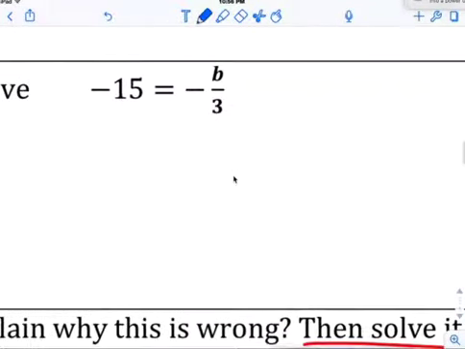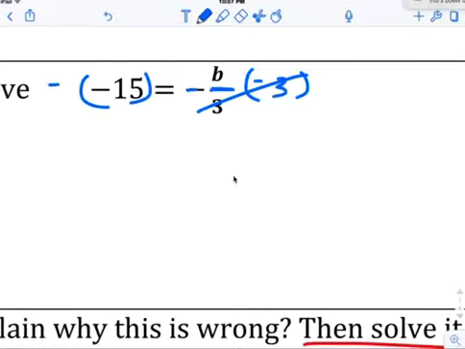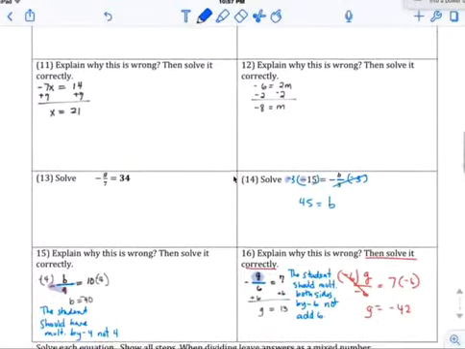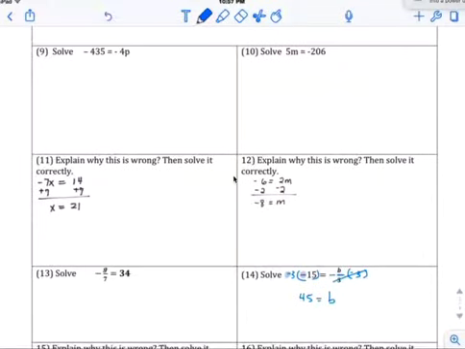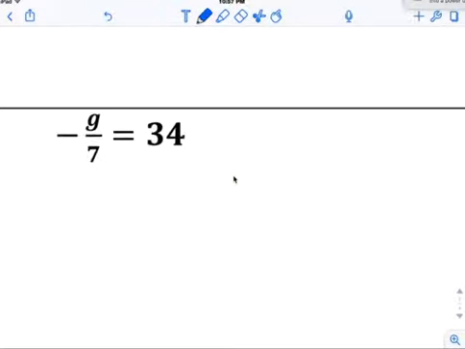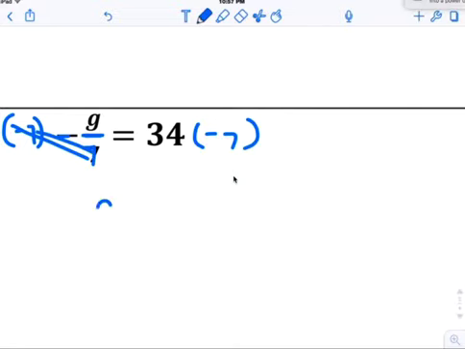Okay, solve that. That's divide by negative 3. So you need to times a negative 3. Times a negative 3. Which gives you a positive. A negative and a negative is a positive. 45 equals B. Well, I hope we got this far in class. Okay, so this is divide by negative 7. So you have to multiply by a negative 7. And that gets G equals